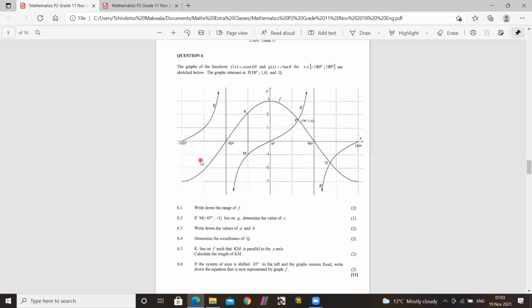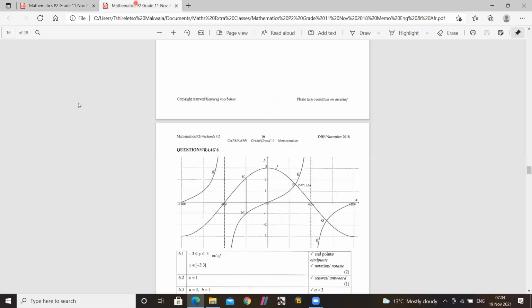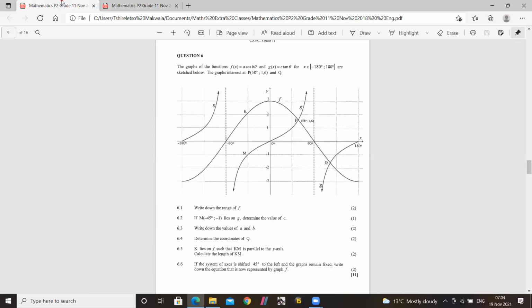You have to know how it looks, ne? So that you know how one graph is, by how much did it change. Do you see this graph? We are used to a normal cos graph if A equals 1, right? We're used to it going here, to 1. So that means that this graph, they multiplied it 3 times. So this A here, it's 3, like they got it here. Because why they multiplied 3 times, or if I claim this graph here, they multiplied it 3 times so that